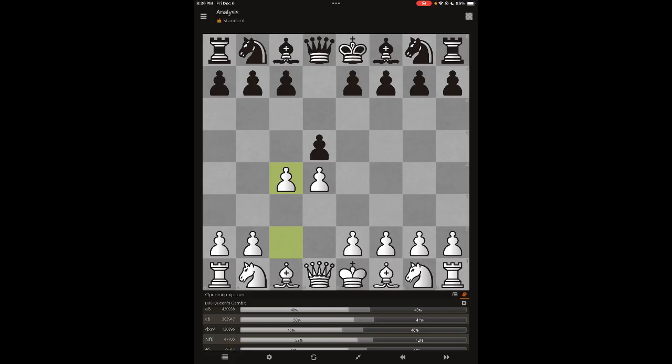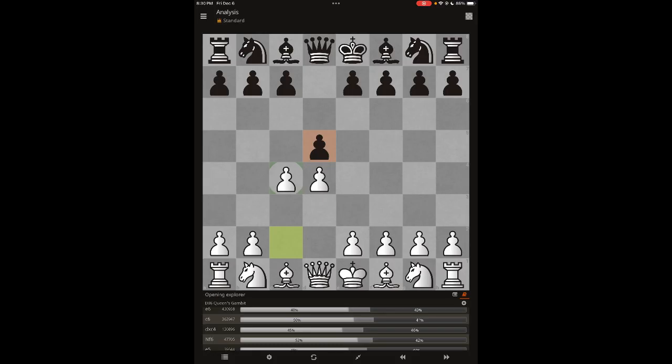So now what about DXC4? You might wonder, why would capturing this pawn be called DXC4? Well, that's because notice the letters. They're hard to read because I have the grayscale theme. We have A, B, C, D, E, F, G, H. So this is the D pawn. The white pawn here is on D4, but this is on D5. DXC4 means using the D pawn to capture the pawn that's on